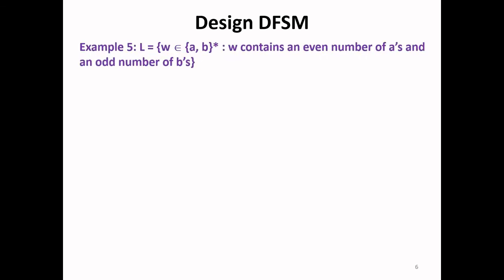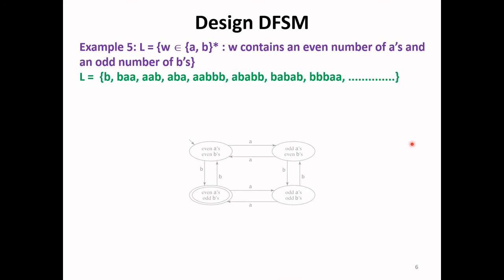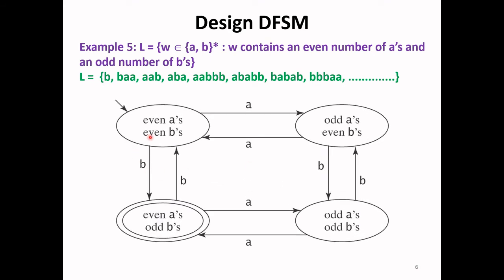If this language is changed to containing the strings with even number of A's and odd number of B's, then we go for designing the same DFSM, but the final state will be changed to this state. So previously we had even number of A's and B's as the final state, whereas in this DFSM, the even number of A's and odd number of B's state will be the final state